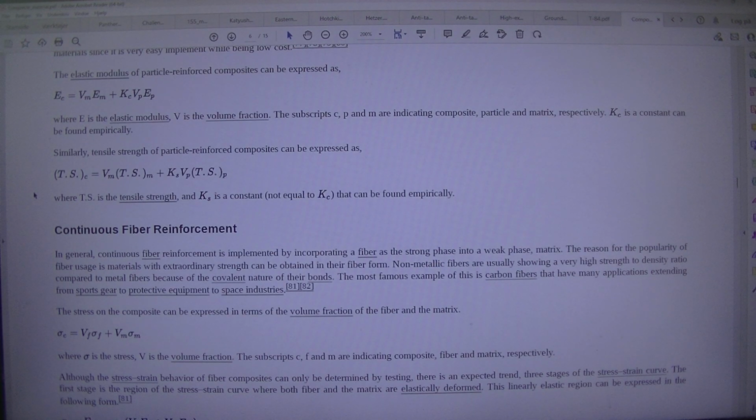Continuous fiber reinforcement. In general, continuous fiber reinforcement is implemented by incorporating a fiber as the strong phase into a weak phase matrix. The reason